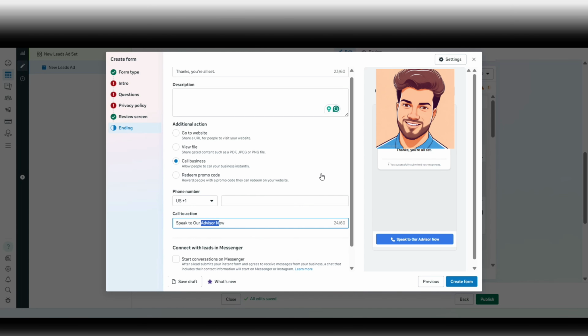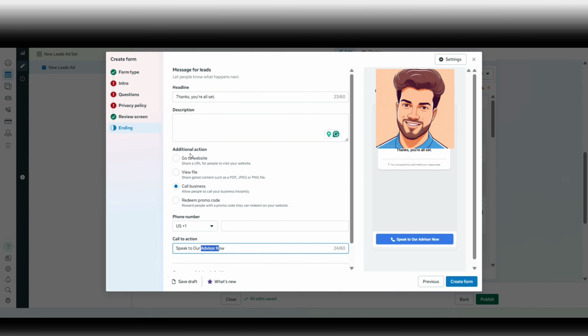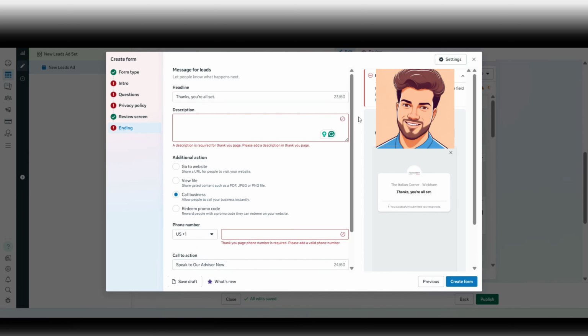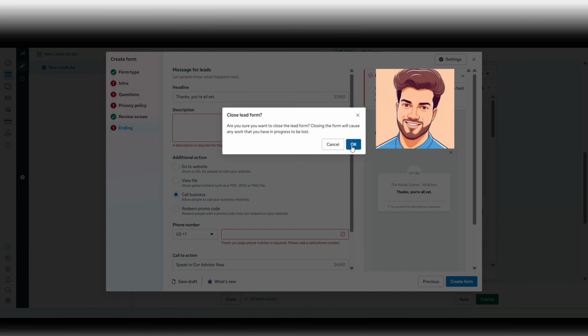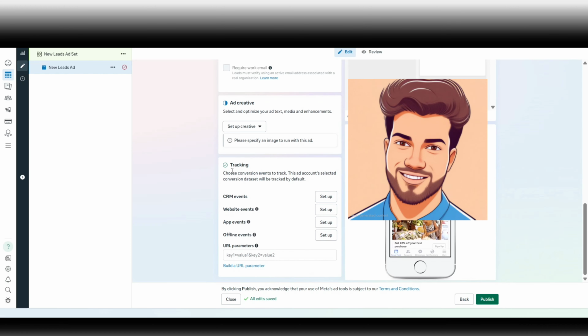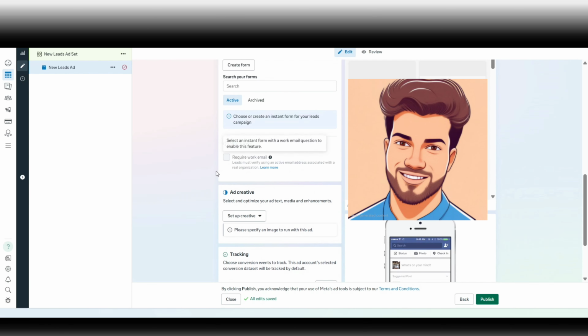So that was for your lead gen objective. If your objective is lead gen, this is the ideal way of creating the lead gen form. And you can create the form from here. I have not added a few details, so I'm not creating it, as it was just to explain to you. Okay, so lead gen form you can create in that way, be it your local business or be it your